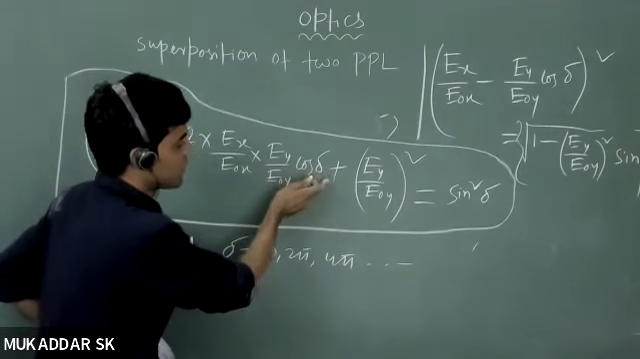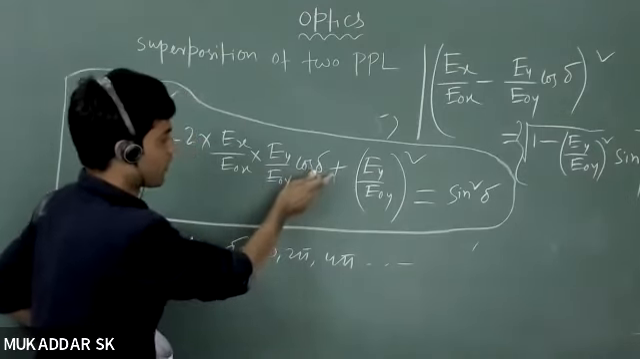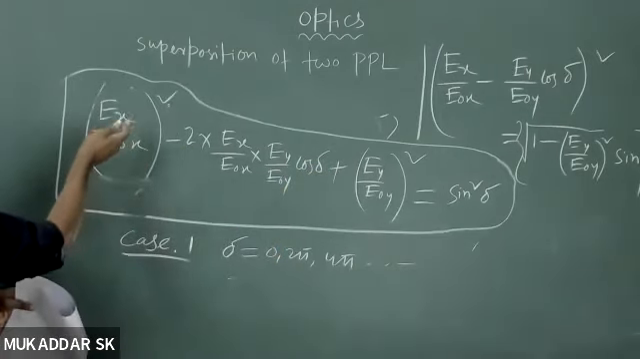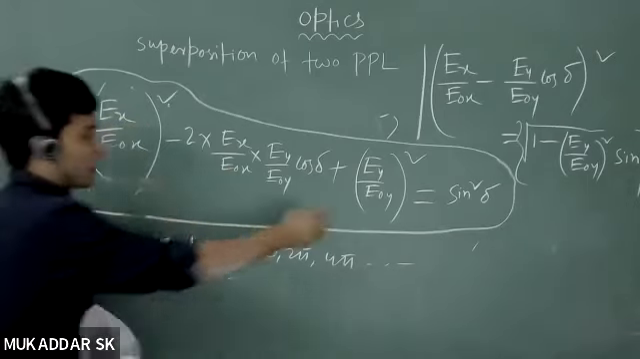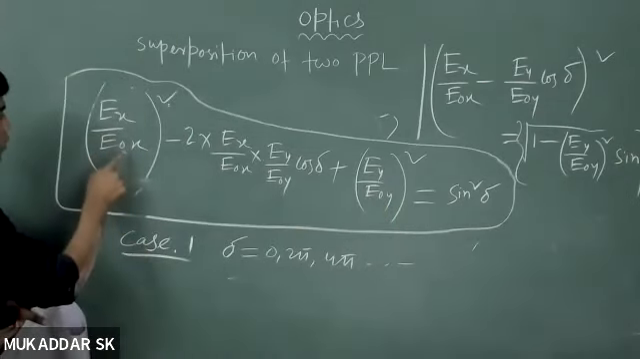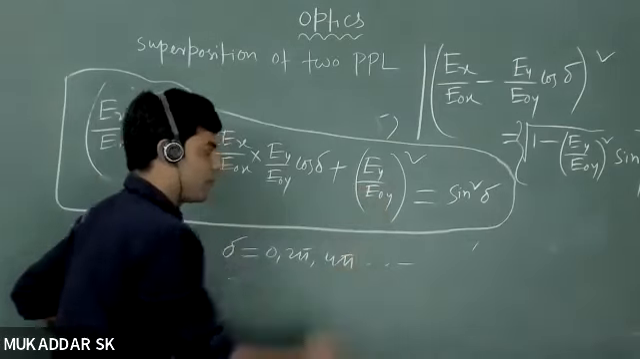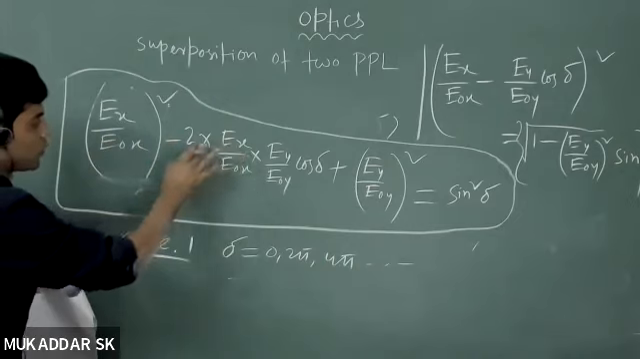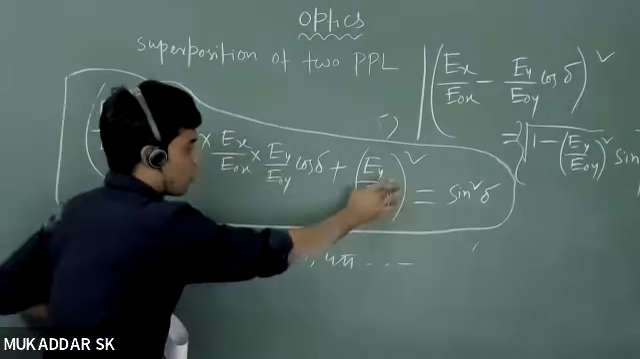So this will be how much? Cosine 0 is how much? That will be one. It means you will get an (a minus b) whole square formula. If you assume Ex by E naught x as a and Ey by E naught y as b, then exactly how much will you get? A square minus 2ab plus b square,